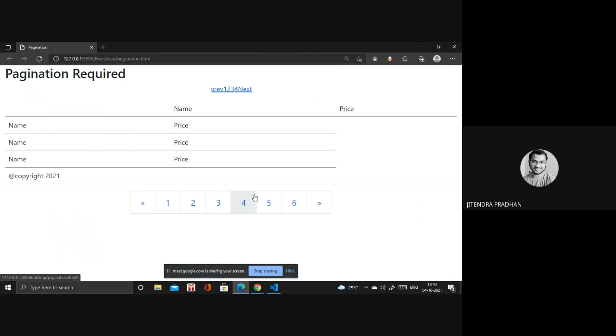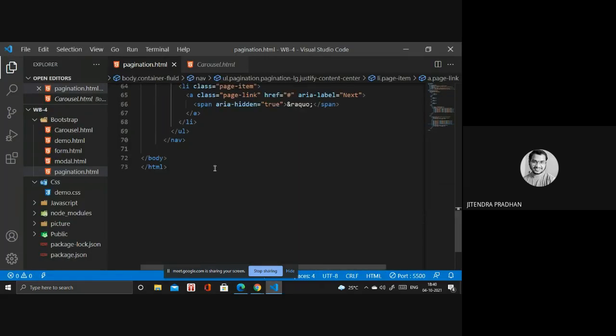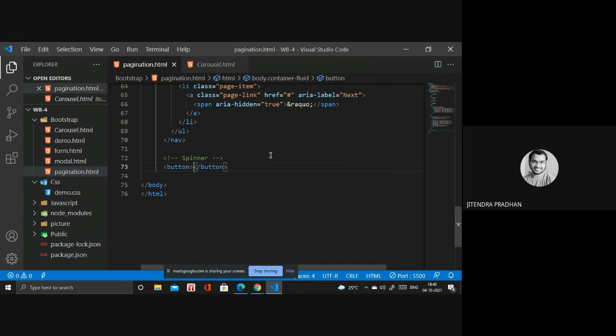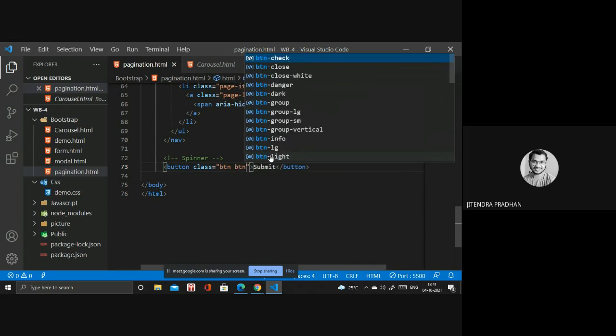Next, we have to design the spinner. How does the spinner work? We design the spinner inside a button. If I write something like a submit button, the class name I will use is btn primary.